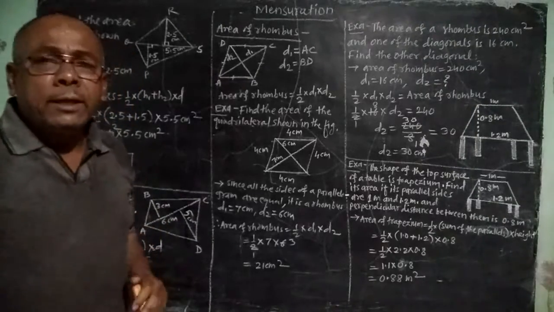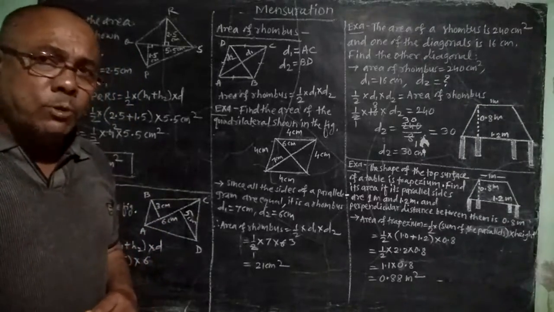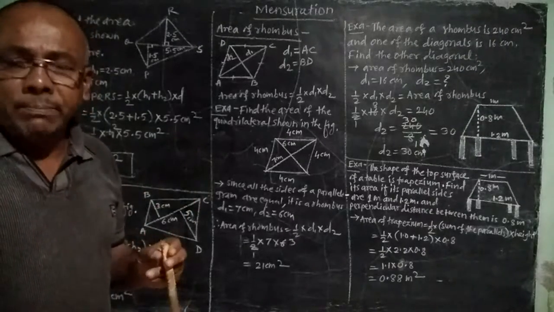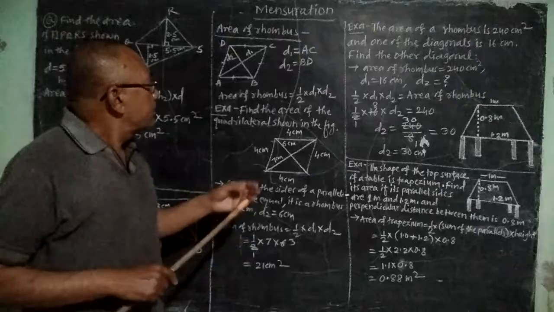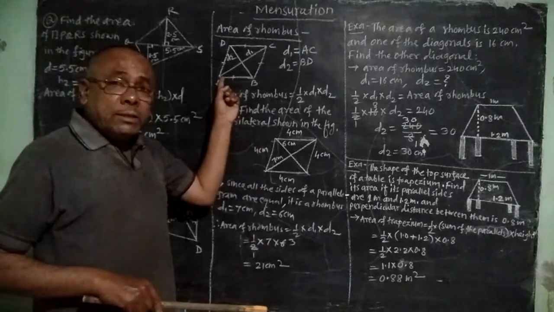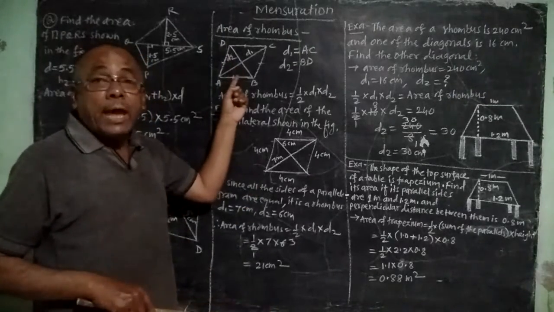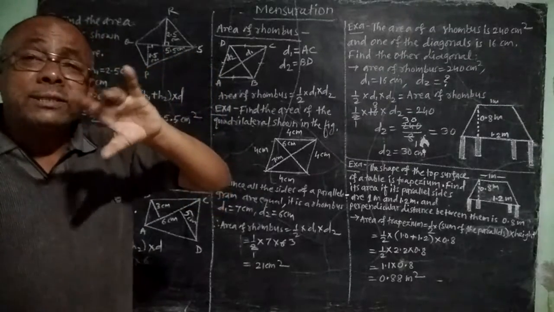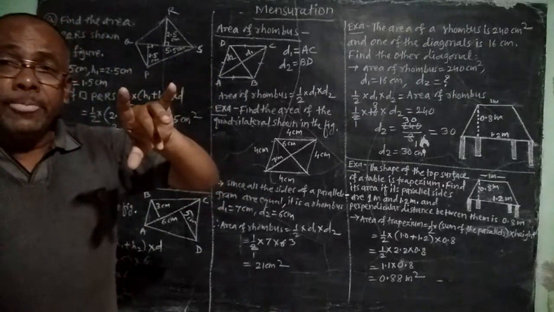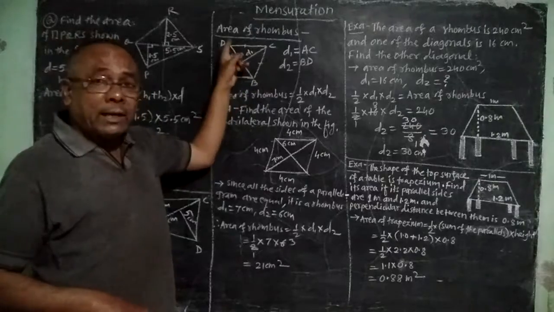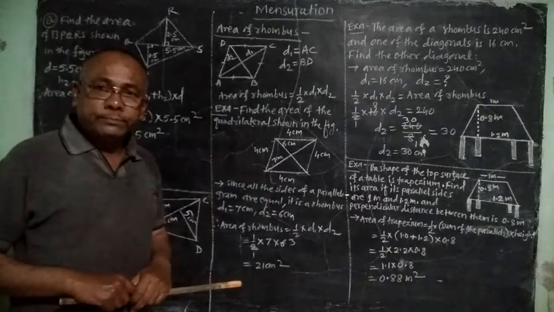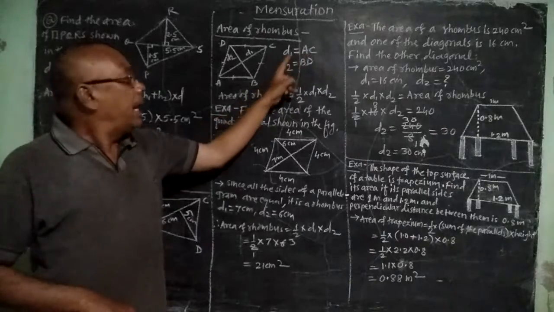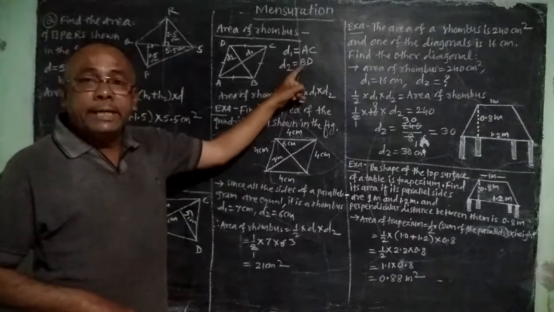We know the property of the rhombus, that is the opposite sides are parallel, means rhombus is always a parallelogram, and D1 and D2 are the diagonals. Here both the diagonals have not the same length, means one is larger and another is shorter or smaller. So here D1 is equal to length of AC and D2 is equal to length of BD.